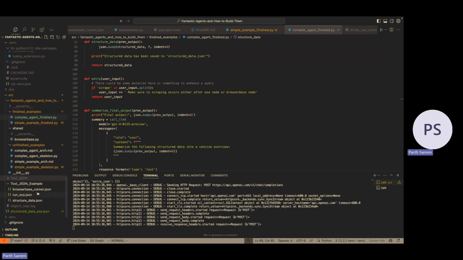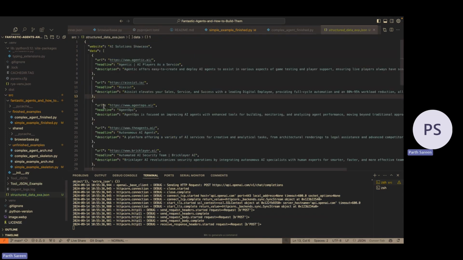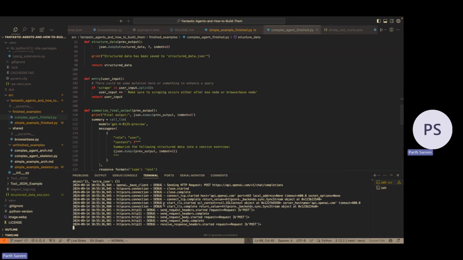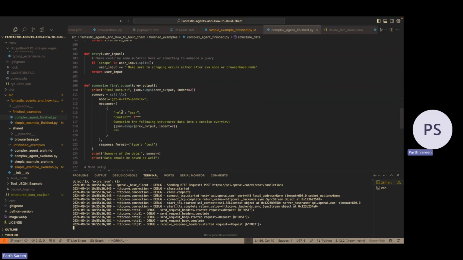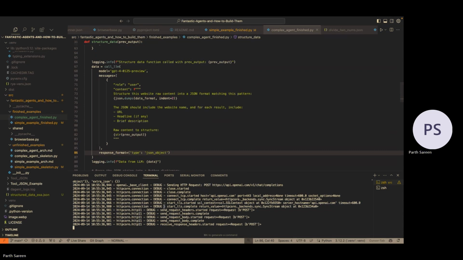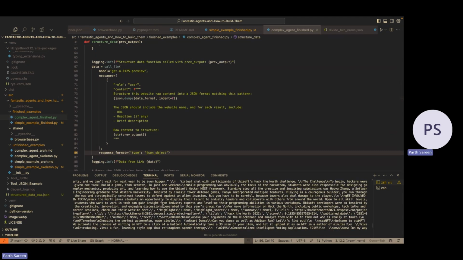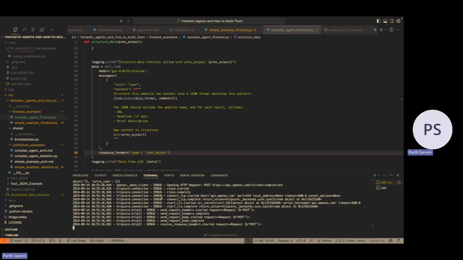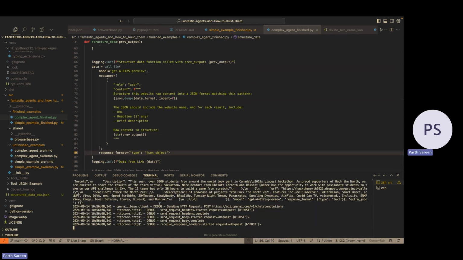This is in particular giving me an output in structured data exa. Going to take a second. I was looking at some other stuff earlier. But essentially, it's searching, getting that data back, and then structuring it through the structured data function. So this was the raw data that we got back, and it's doing its thing in the background.